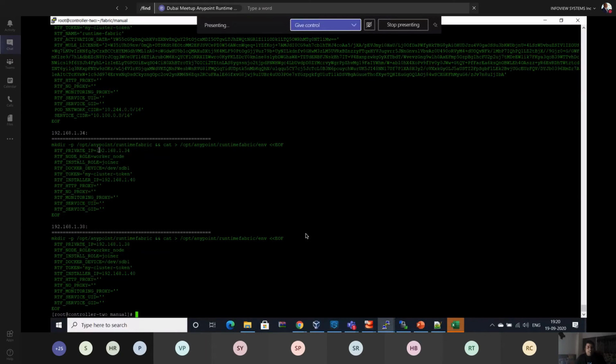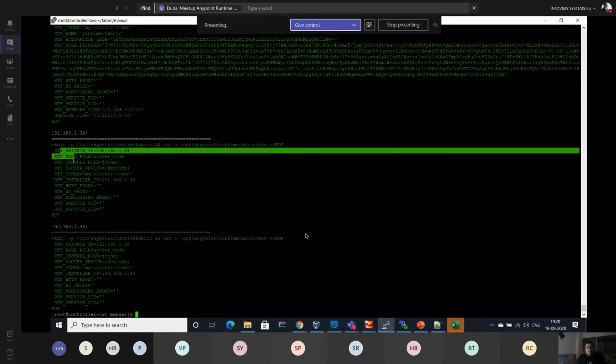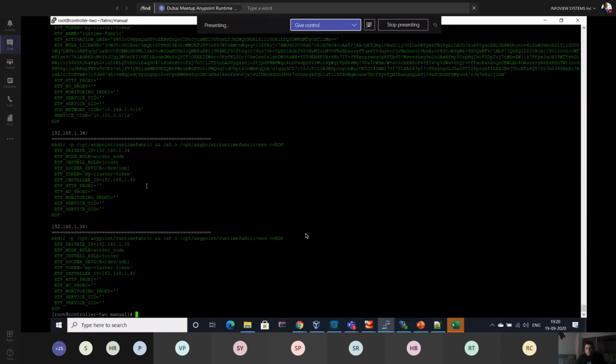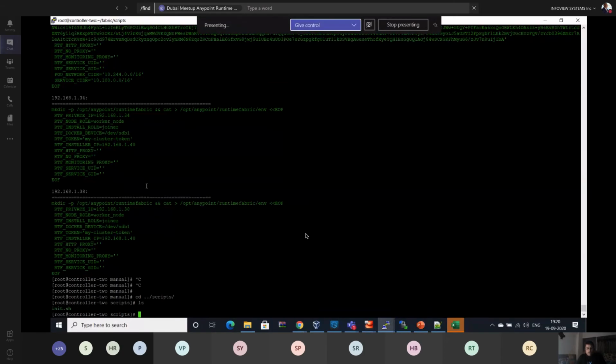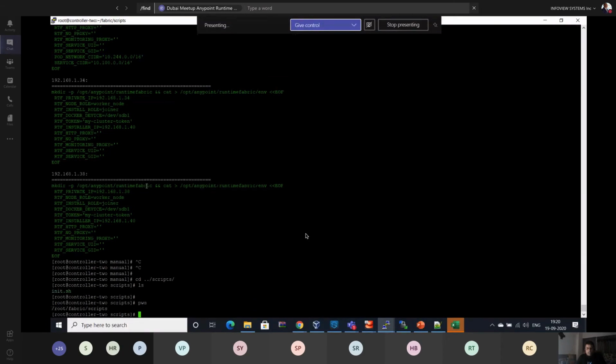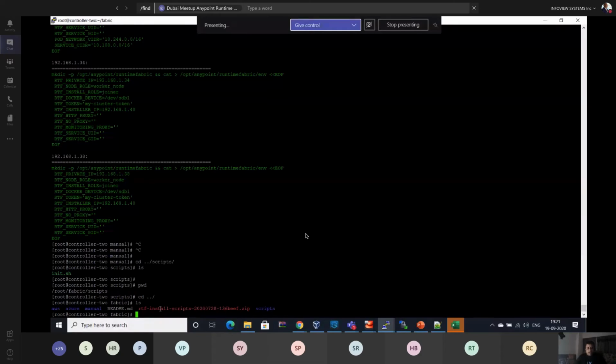But this is just creating the environment variables. After doing that, we have to copy. You can see these are the same fabric scripts. I have the script init.sh that was provided by the zip file. Once you unzip this file, you will get this folder as well.